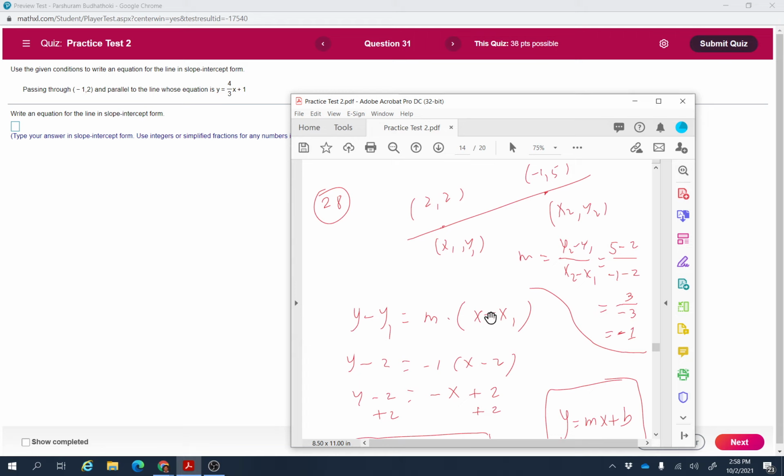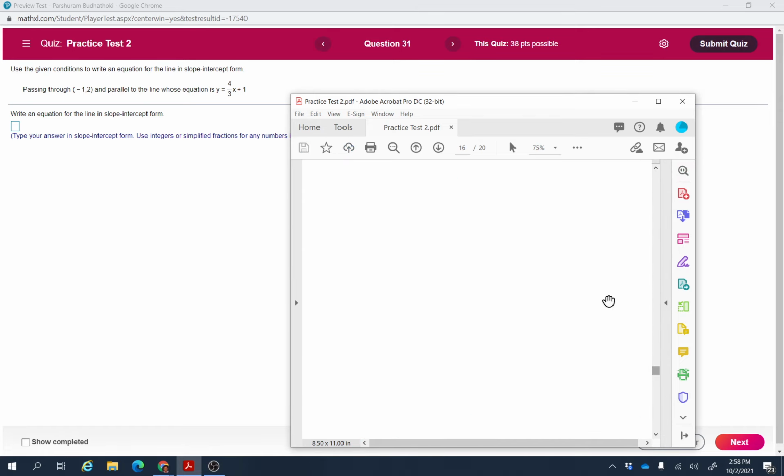So use exactly the same equation. Just put x1 is -1 and y1 is 2 and slope is 4/3. So I'm going to leave this problem to you. Okay,